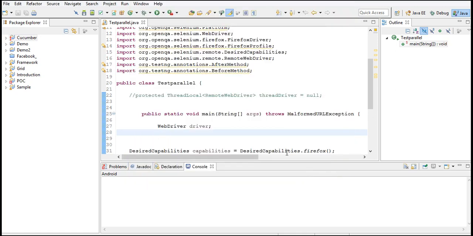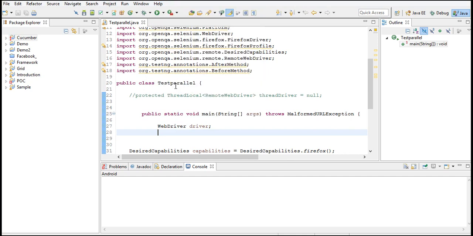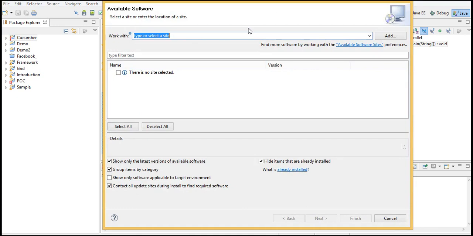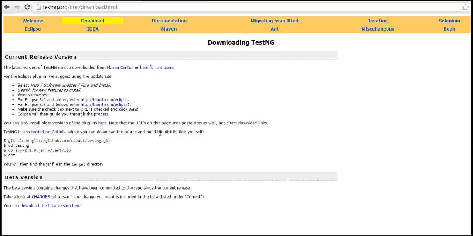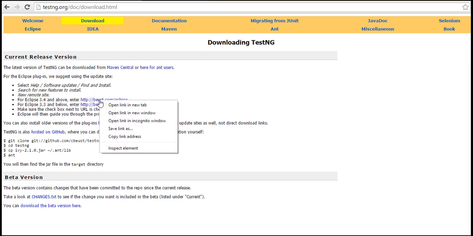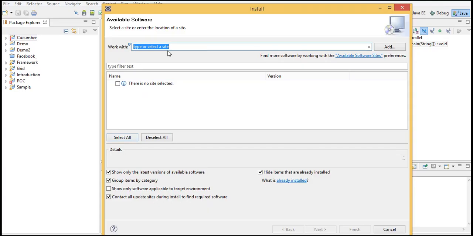Okay, right. So to install TestNG here, just go to Help and say Install New Software. Okay, and it will launch this window pane, Install Software. Now go back to your Chrome and copy this URL. Okay, let's copy link address, paste it here, and say Add